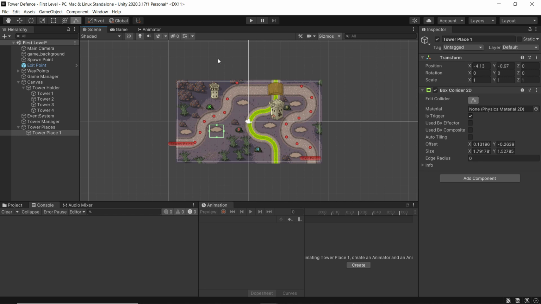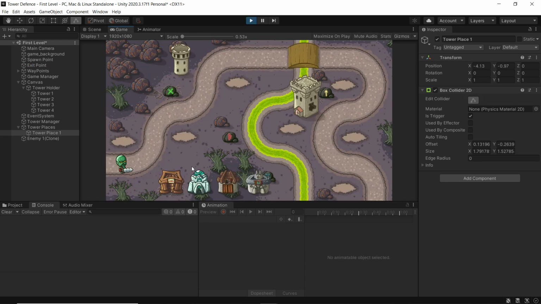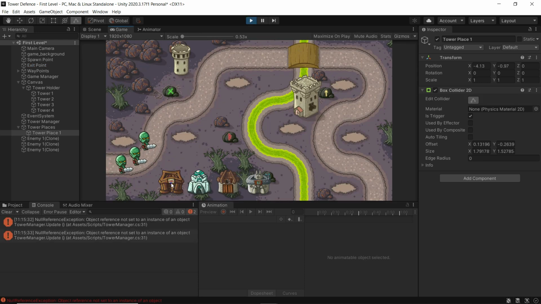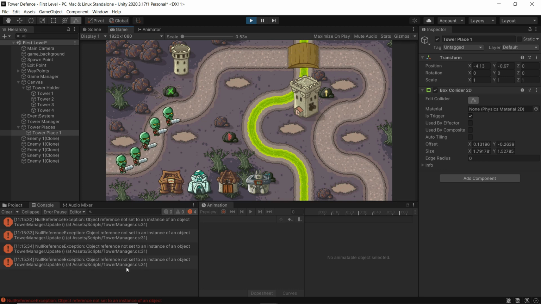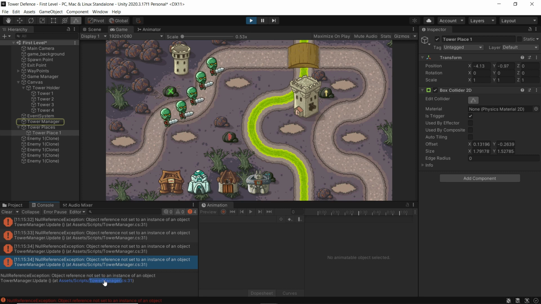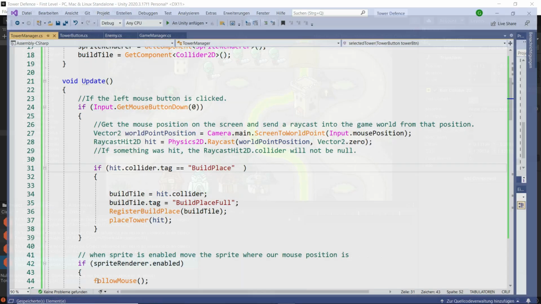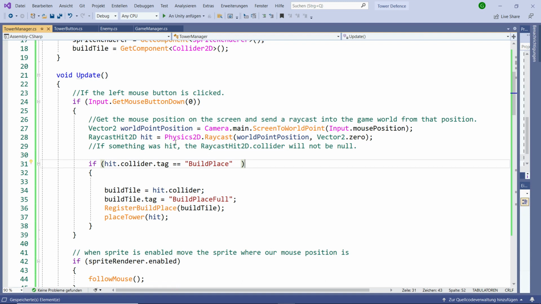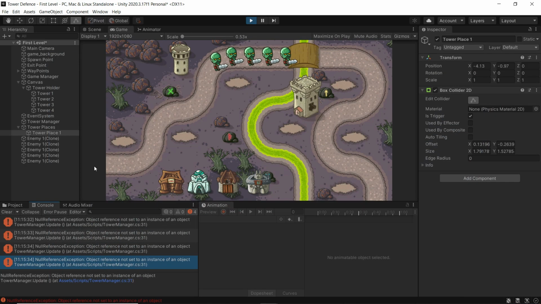So now when I play, and I try to call those buttons, we get an error. Let's go and see what that error is. The reason is, I think, because of our raycast. Raycast tries to hit something with the tag of build place. So to fix that, first